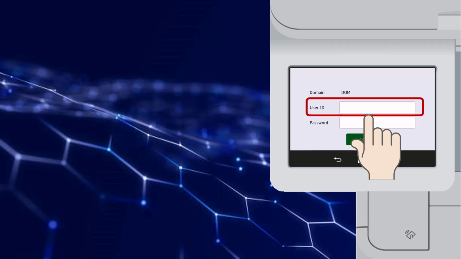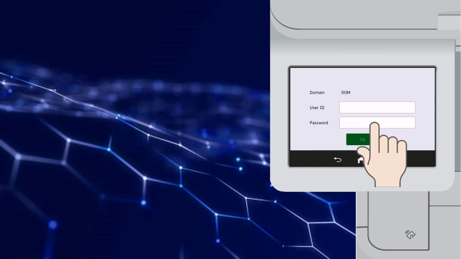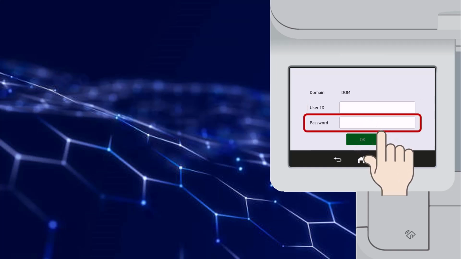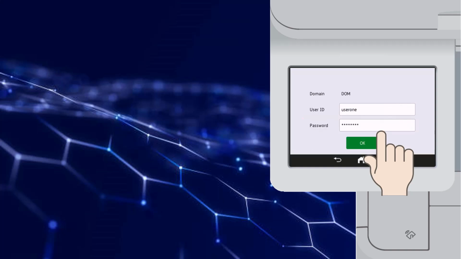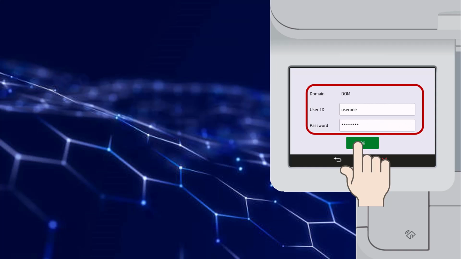This is where the ID of the user will go to log on. They will use SSO details from their AD account set up by their IT administrator. The password for the user account goes here, also SSO. Once all the user information is entered onto the LCD, select OK. The user will now be logged on to the Brother device. This now concludes the demonstration of configuring AD authentication with a username and password.